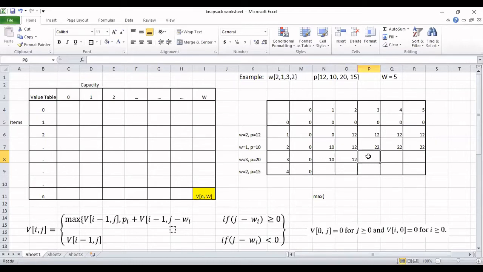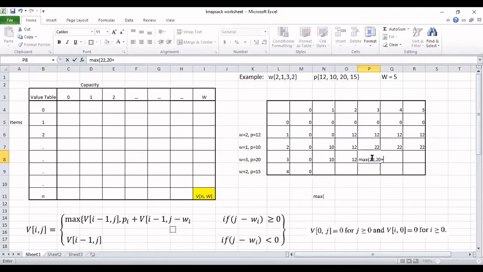Now, when J is 3, Wi is also 3. So we can accommodate 3 in capacity 3. When we can accommodate, then we look for maximization. We look for the maximum of the previous profit, that is nothing but 22, comma, the current item's price 20 plus